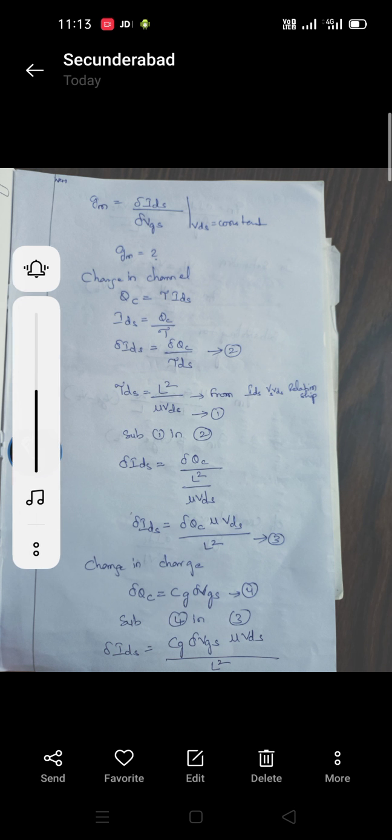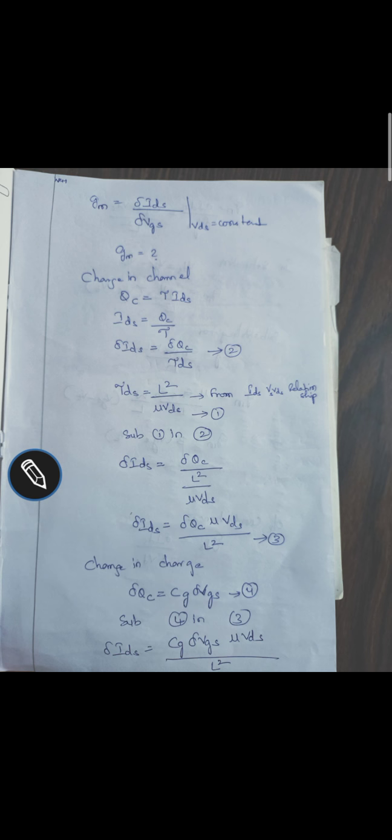Good morning, students. Today we are going to discuss the topic MOS transistor transconductance GM and output conductance GDS. This is the second topic in VLSI second unit. Already we have discussed the IDS versus VDS relationship topic, and we have derived the IDS versus VDS relationships for saturation as well as non-saturation conditions. And here we are going to discuss the transconductance factor GM and output conductance GDS.